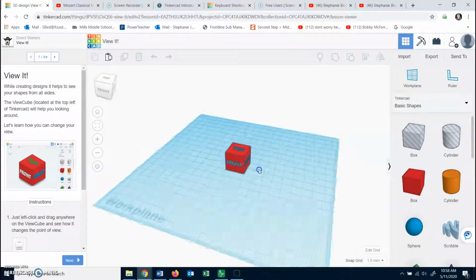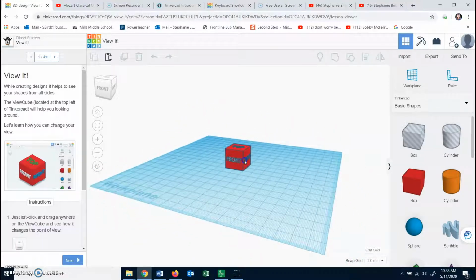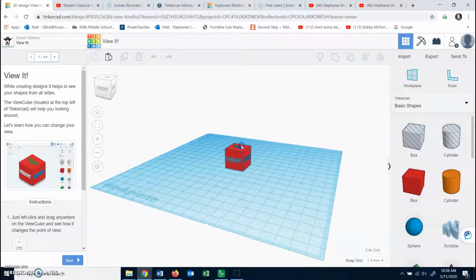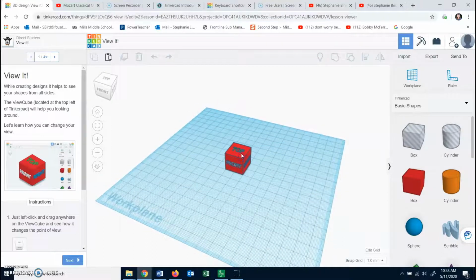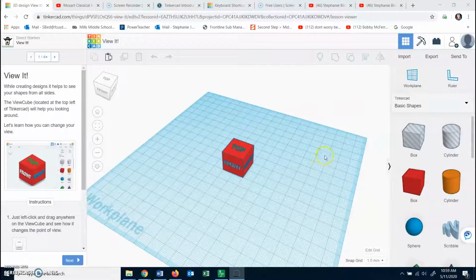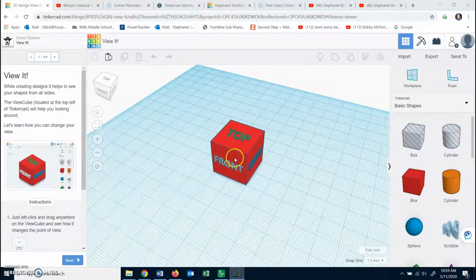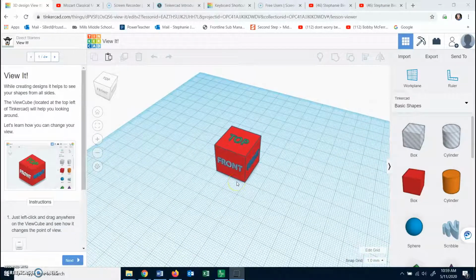The other thing I discovered that was pretty cool was, if you want to zoom in and out, if you have a mouse, you can use the roller button to zoom in and out. But if you do not have a mouse, you can click the control button and